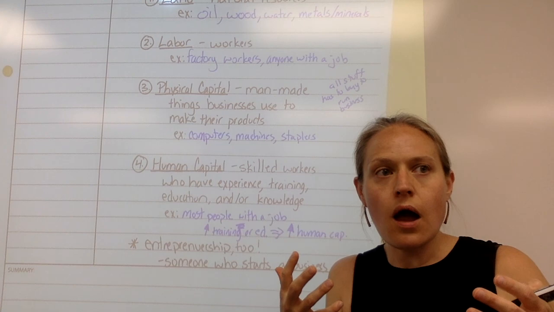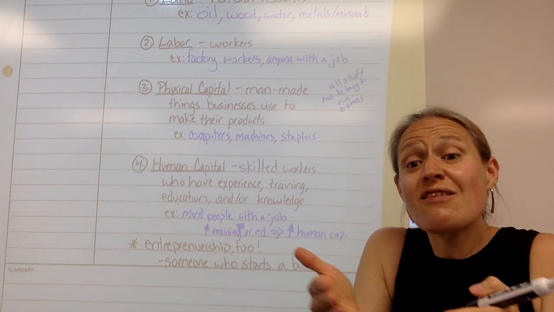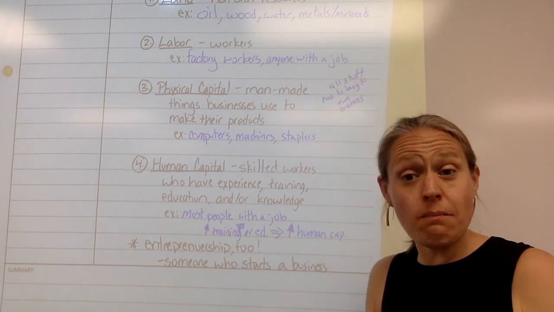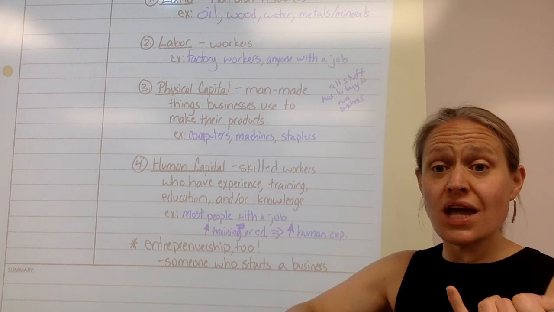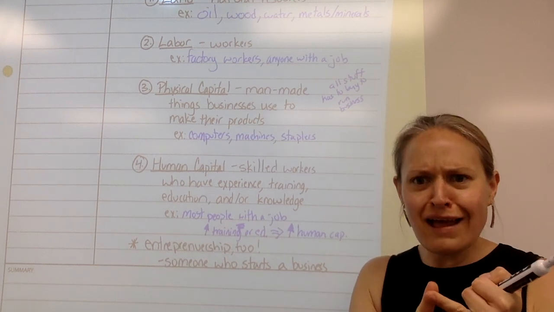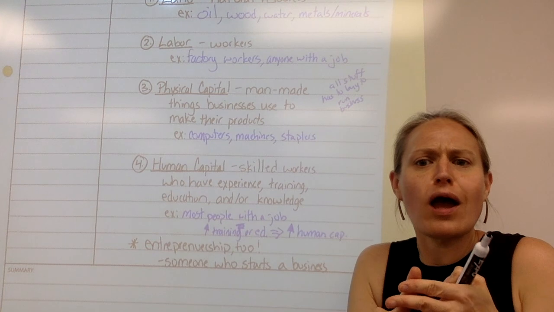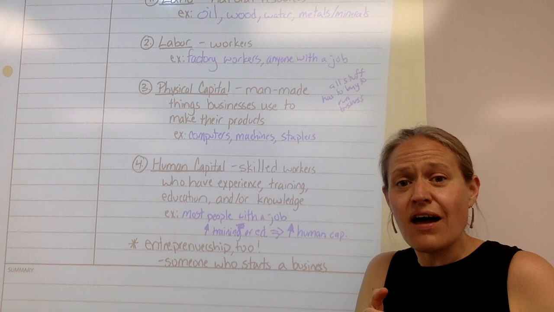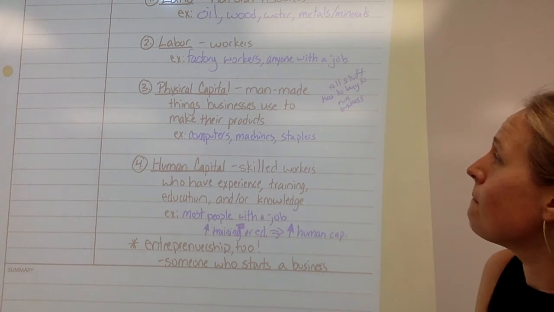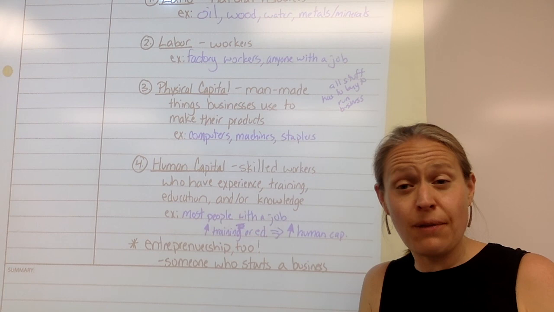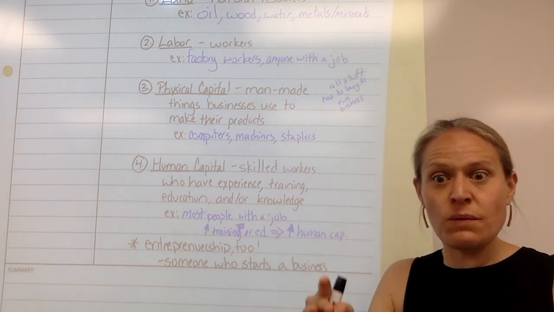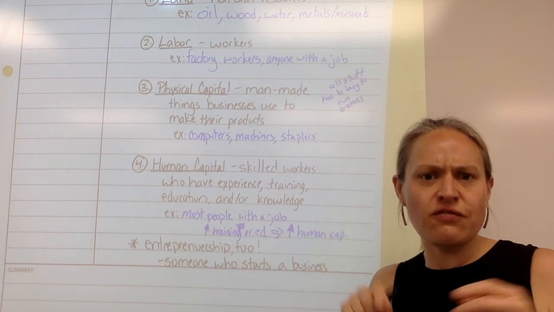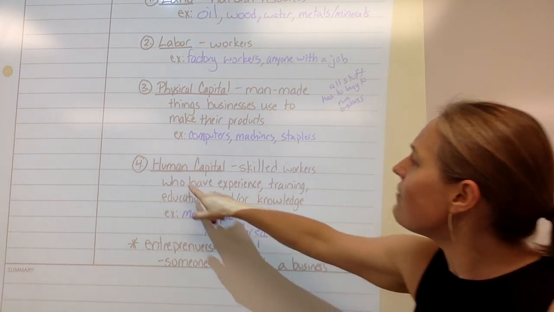So a business needs stuff, right? Businesses buy things in order for them to run their business, okay? So example, my mom, she had a real estate business. Well, she had to buy computers, she had to buy desks, she had to buy pencils, she had to buy a copier. So lots of stuff. So any of that kind of stuff that businesses have to buy, that's their physical capital. And the biggest examples of that would be the buildings, the factories, the big machinery, that's all physical capital.